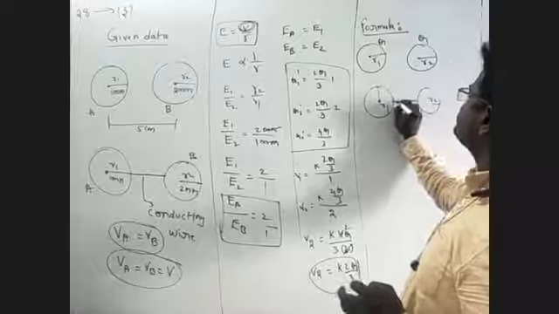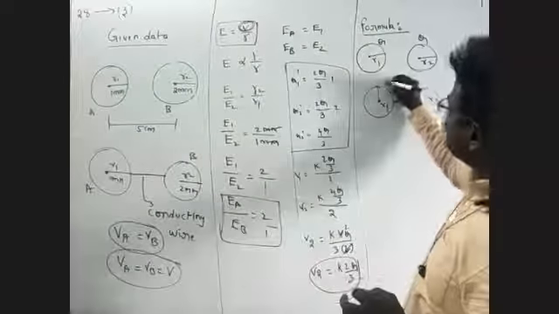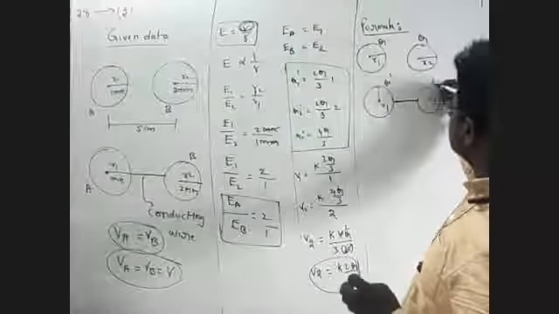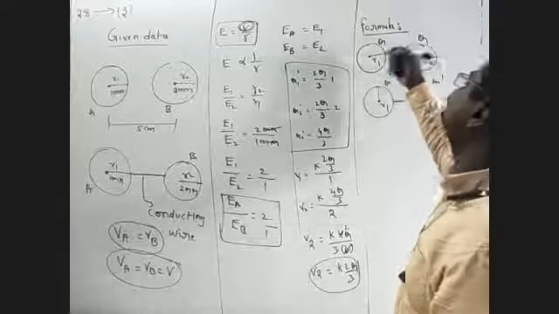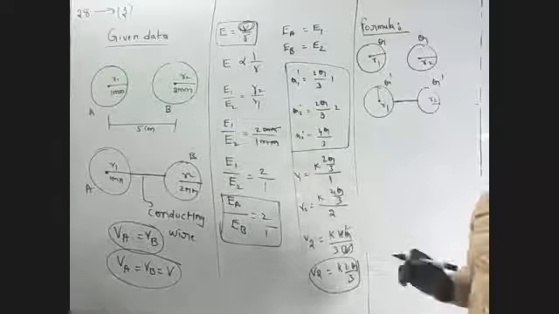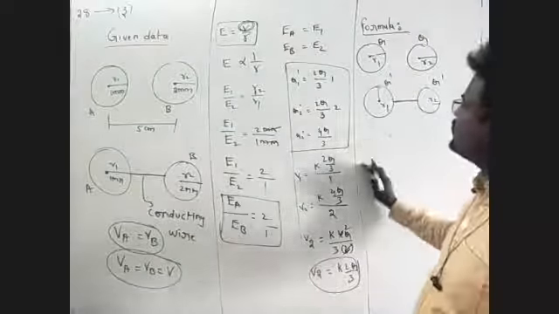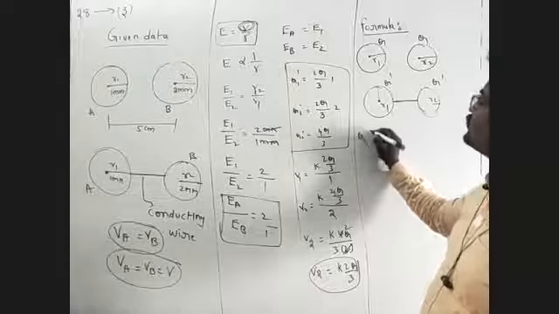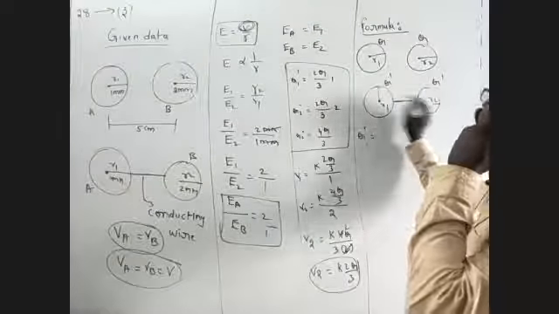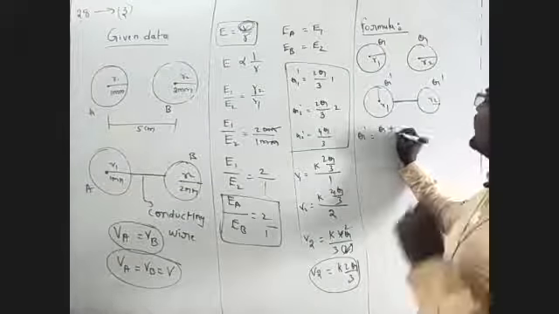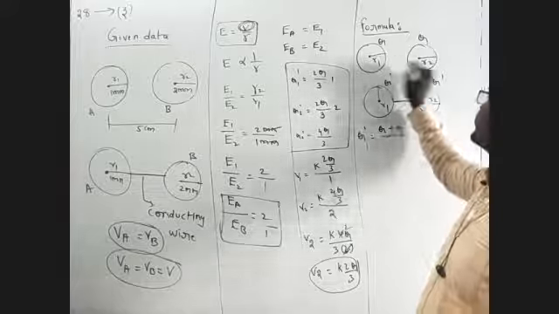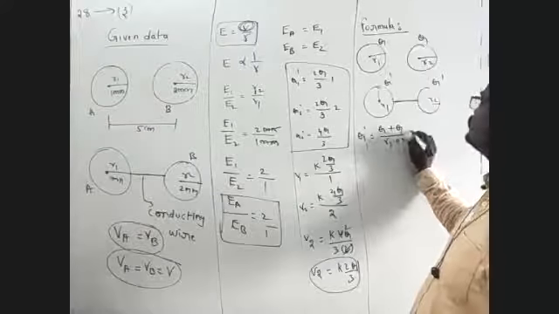This is the conductor connecting wire. So what is the charge here? This is Q dash. I'm taking the charges as equal at this point. So what is the shortcut formula? Q dash is equal to the total charge, Q plus Q, divided by the radii R1 plus R2, into R1.